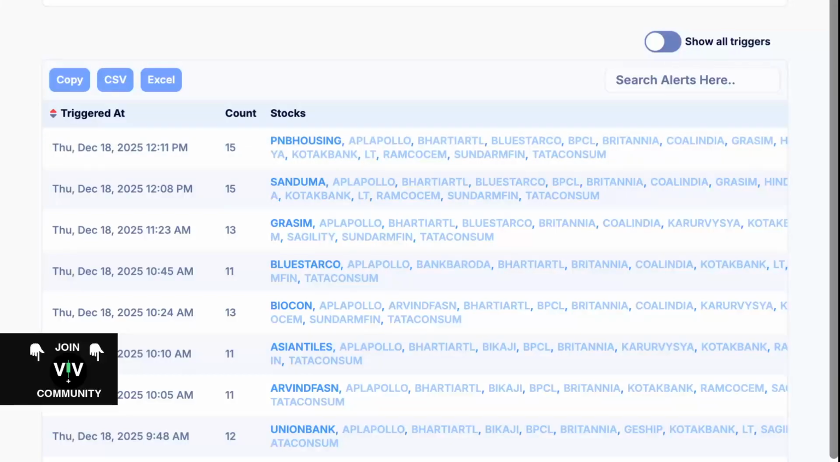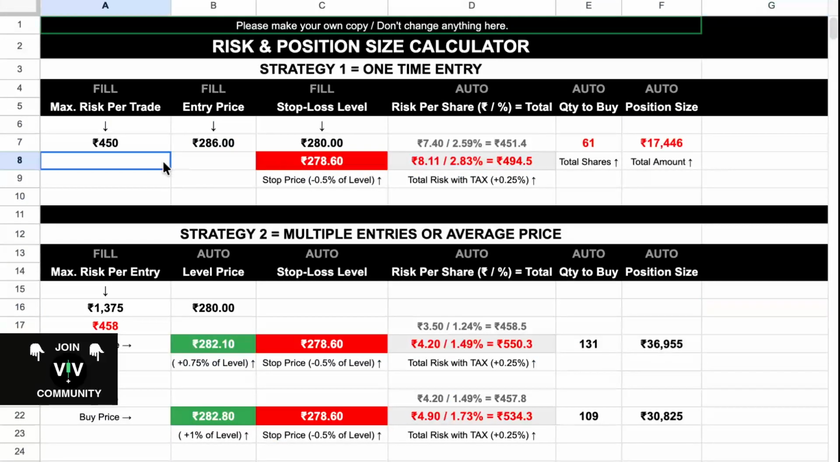Another thing we have given to all our members is this risk and position size calculator, where you can put whatever risk you want to take. Like if you want to take almost 2200 risk, and the stop loss level is 280 and you are buying at 286, it will tell you how much total risk you are taking, which includes all the taxes also. So you can buy 270 shares, which will cost you